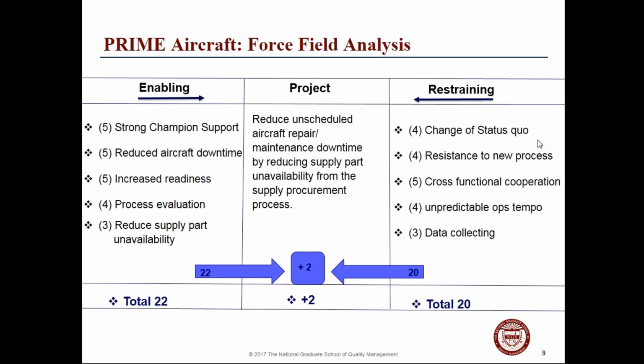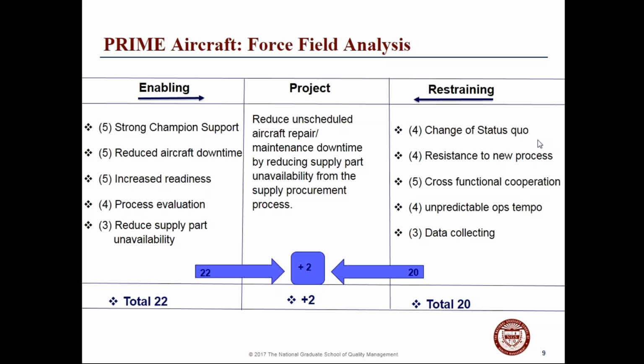Okay, this is our force field analysis. And you can see on the first column, we have our enabling factors. We have strong champion support. Reduced aircraft downtime, that's our goal. Increased readiness, that's also part of our goal. And process evaluation, reduced supply part unavailability. Those last three are our main goals. That's what we're trying to work on. Okay, and the project is to reduce unscheduled aircraft repair, maintenance downtime by reducing supply part unavailability from the supply procurement